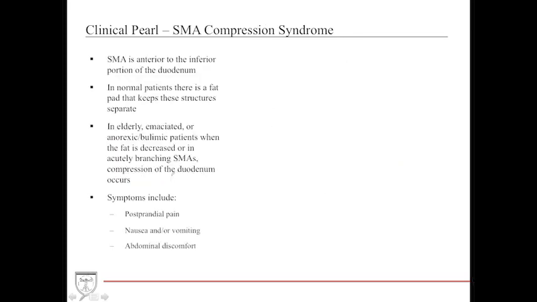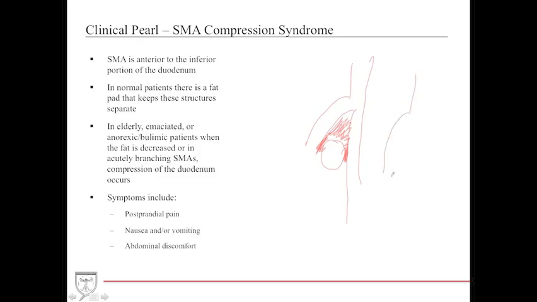The next one we're going to discuss is a really important one that's often tested: SMA Compression Syndrome. What happens is this: as we remember, the SMA is located both anterior to and inferior to the duodenum. If this is your SMA, and this is your abdominal aorta, and this is your duodenum, there's fat located right here, and this is all pretty much fat. All this fat helps cushion and separate the SMA from the duodenum, from the posterior portion of the abdominal aorta. What happens in elderly people or anorexic or bulimic patients is that this fat pad is decreased,